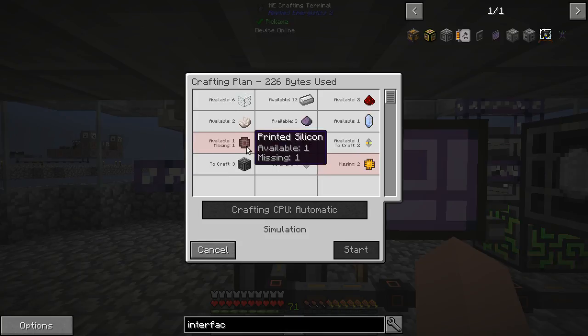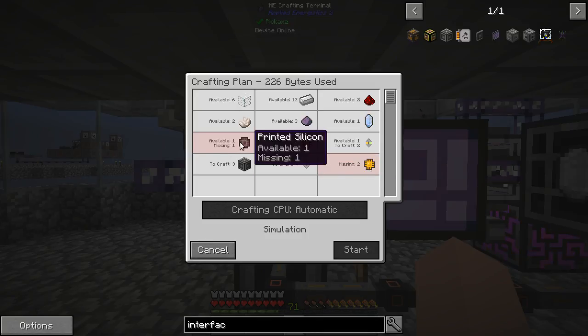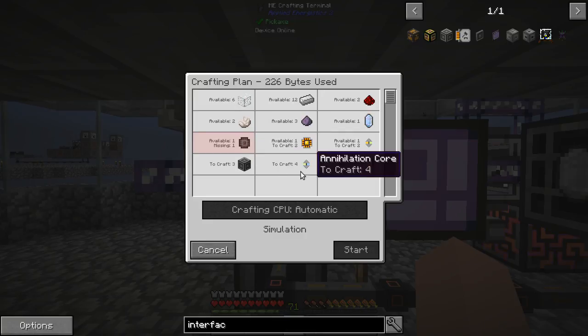I am missing silicon. It says I have 1 available, but I need 1 more. It says that I need 2 more logic processors, and it also says that I need 2 more logic circuits. Everything else it says that I should have. So what I'll do is I'll go ahead and get 1 of these made up and 2 of these made up, and when I come back, we'll be